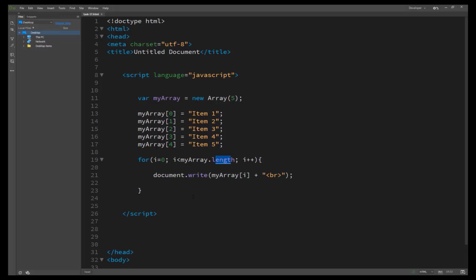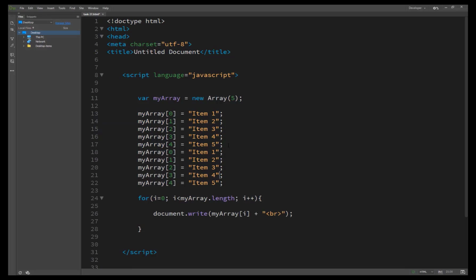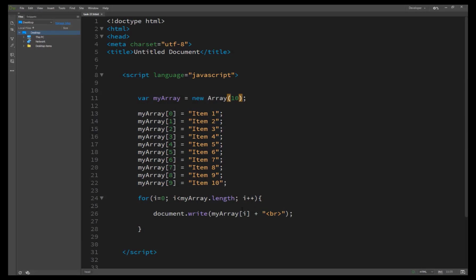Now if we try to make another 5 items here, 10, 9, 8, 7, 6, and here 5, 6, 7, 8, 9, and just pass the 10 indexes, now you'll see the result is the same, and 10 items are printed with the help of the loop, because we are passing myArray.length.